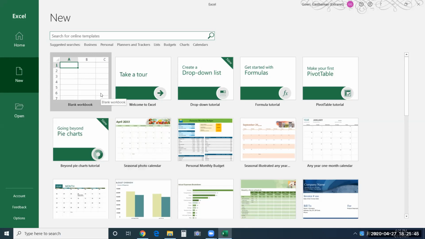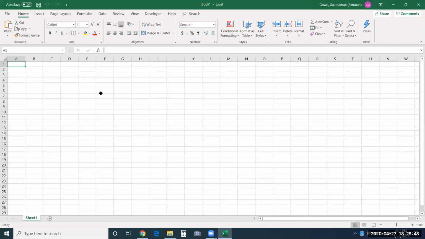So I'll just take this blank workbook in this example. Currently you're seeing the screen layout of Office 365. It is similar to your 2016 version also. Not many changes from the 2010 version as well. Even in 2010, you have this file tab and your screen looks very much similar to this. You might not find some of these icons and things, but that's completely okay, guys. You can use most of the options that I'll be teaching you. So the screen layout, I'll begin from here.